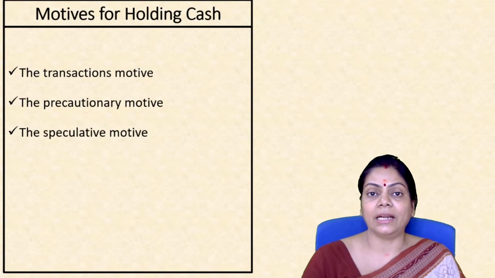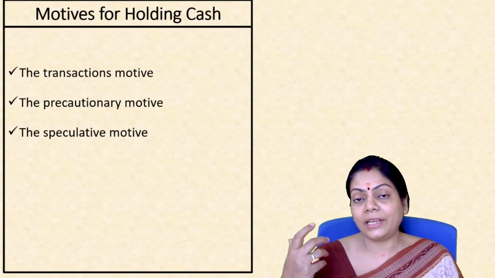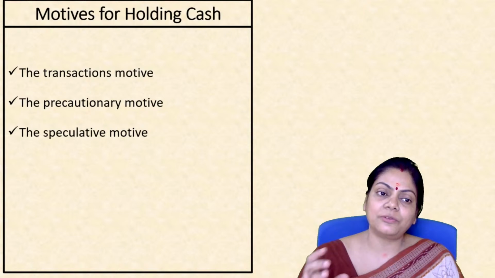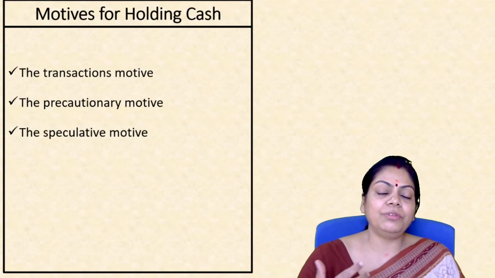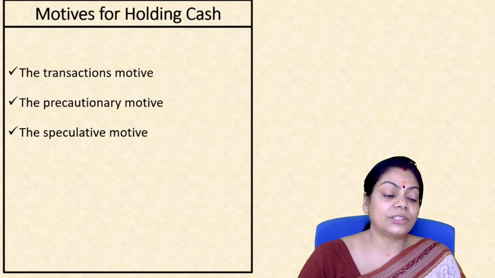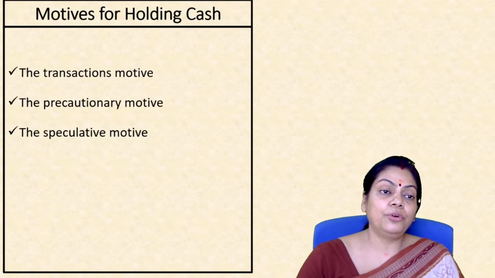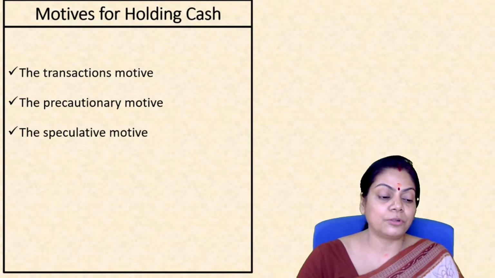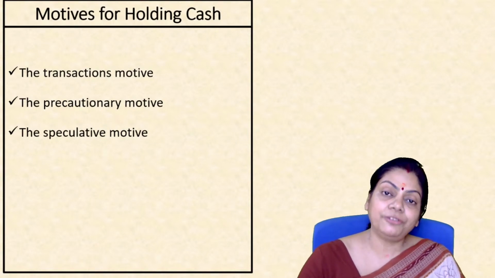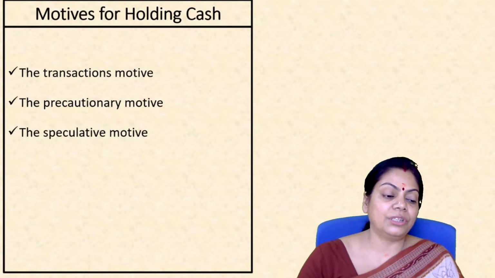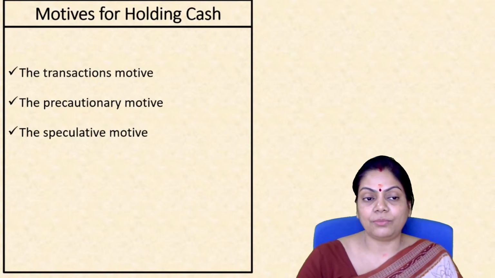And why do we need that? It's not just psychology. There are other requirements of cash. For example, number one is the transaction motive. When I'm talking about the transaction motive, these are pure business transactions, the expenditures that you have to do primarily for the purpose of business. That is, settle customers' bills, pay the salaries, pay the wages to workers, pay your taxes. If you are in a business, you have to do these things. So this is the transaction motive.